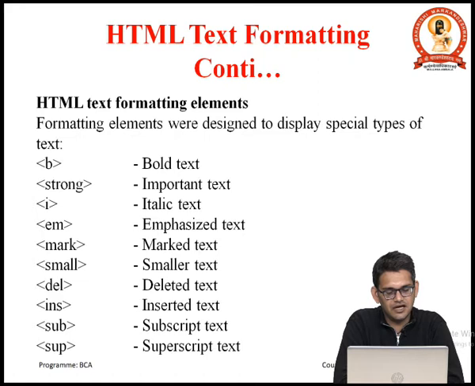Next one is the sub tag. The sub tag is used for subscript. It means we need to write like H2O, with the 2 at the base of the H; for this type of writing we need to use the sub tag. And the last one is the sup tag. It is the superscript tag. It is used to write in the power, like H square, X square, Y square, Z square. For this purpose we can use the sup tag, known as the superscript tag. Now, let us see all these tags one by one in detail with suitable examples and the output.